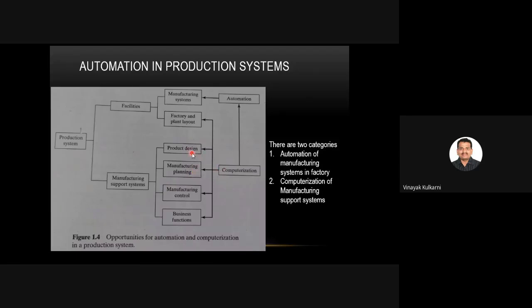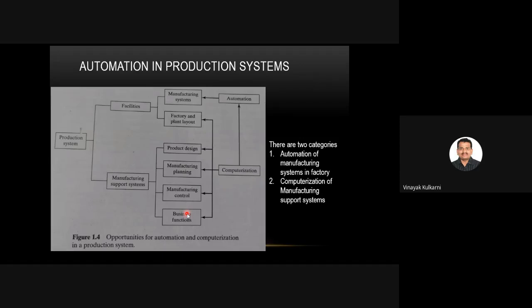This plus product design, you are going to do on softwares such as CATIA. There are many softwares available. Manufacturing control, that is the shop floor and inventory control, this also you can do through computerization. And business functions: emails, WhatsApp, you have some other ERP softwares even for managing the people. We have biometric, we are taking your attendance automatically. So I am in a semi-automation mode in the Google Meet.